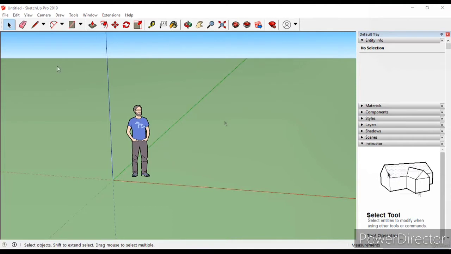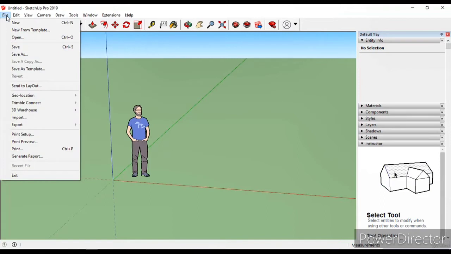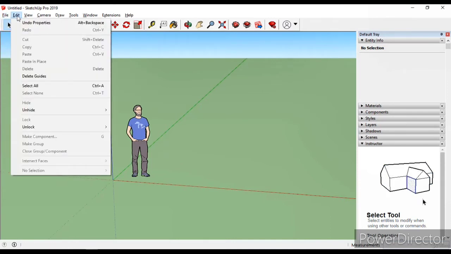will be designing. If we look at the top menu bar, there is a file menu from where you can create a new file, open a previous file, and save your file that you have created. So there are some very basic options that you can find in Windows, and under the edit option you can cut, paste, and just edit your model.